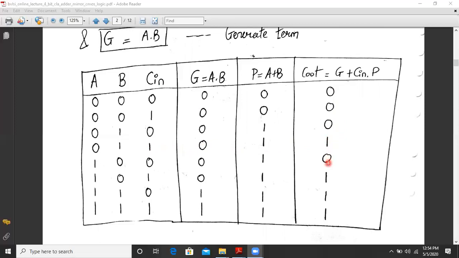In the next case, again Cout is 0. In the next case we again have Cin equal to 1 and P equal to 1, hence Cout is equal to 1. In the other two cases, Cout is 1 because G is equal to 1. So this completes the truth table implementation.